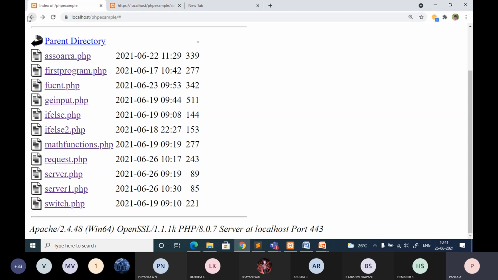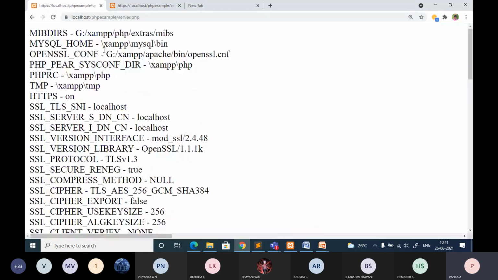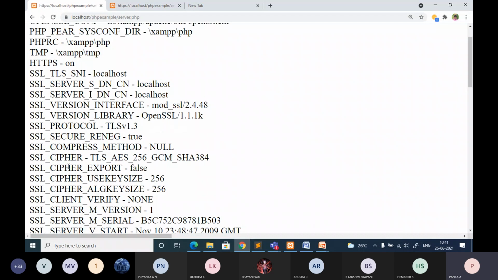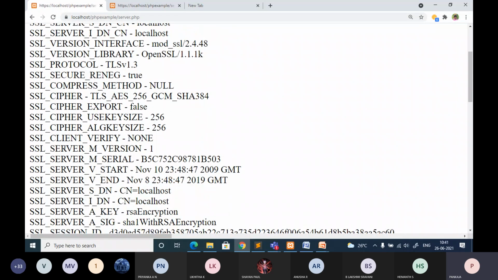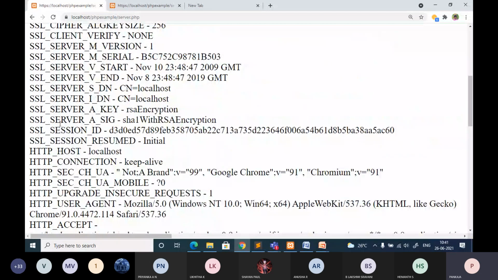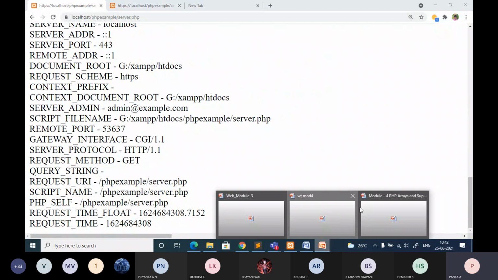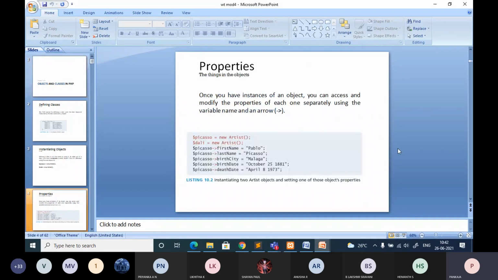It's not required to write everything, at least the commonly used ones: the remote address, HTTP connection, HTTP host, query string. So at least some of the important information related to the server array you can explain. Is that clear? So that's all about the server array.